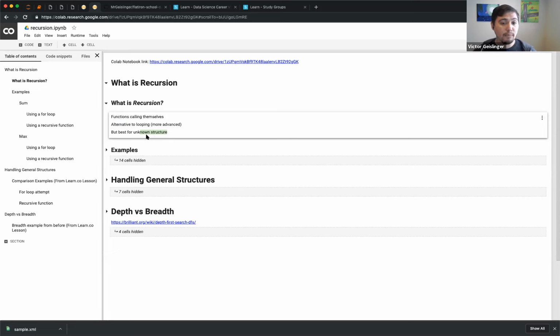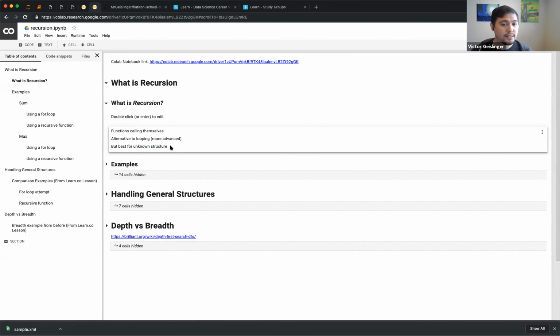For the most part though, we tend not to use recursion in Python in our daily work because it's not optimized for that. A lot of times when we use lists or pandas or some kind of structure, it's optimized for those things. But there are certain cases where recursion does work a lot faster. You have to figure that out, and this is more for the CS part. If you're curious about that, definitely do some research on it. You can look up recursion and Python efficiency, and you can see a whole big discussion about when it's best to use recursion. But for the most part, the biggest advantage is that it's for an unknown structure like JSON or XML.